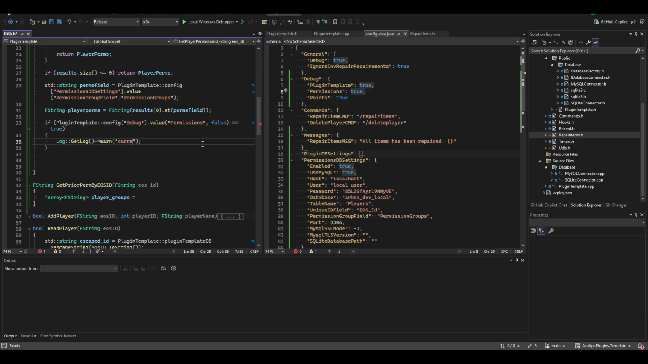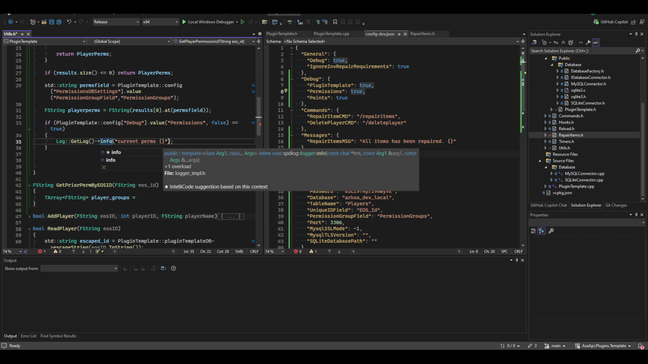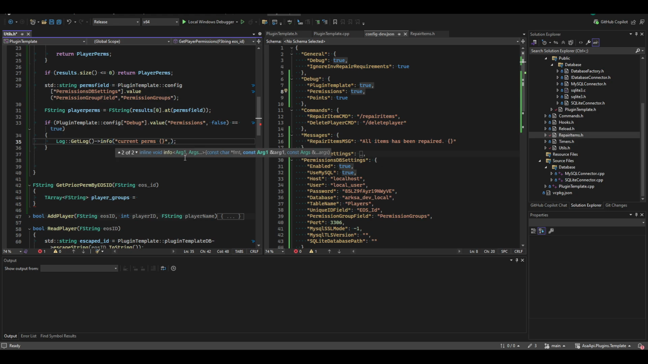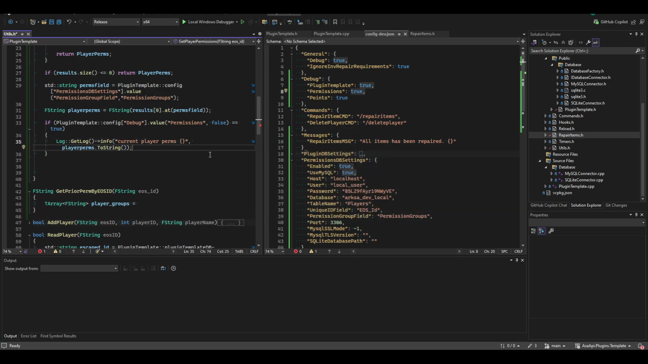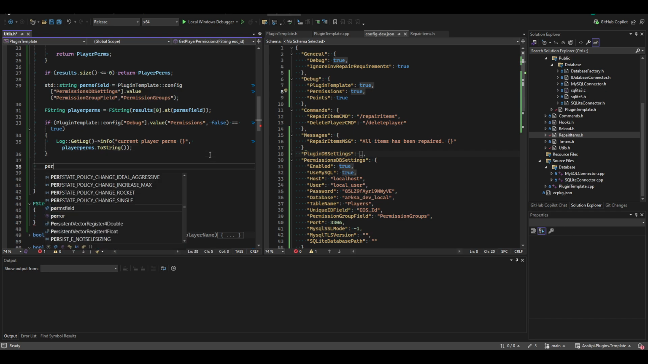So current perms. This is a log, so info. We're getting the current player perms. Sometimes I get lazy with to string. Okay, great. Next,